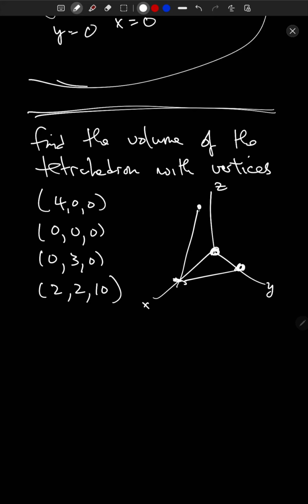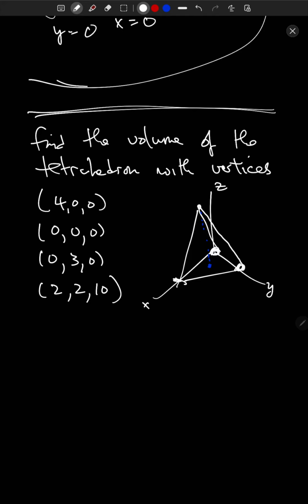So we've got a tetrahedron that looks something like this. Okay, so we want to find the volume of this. This vertex lives above there, like that. If we want to find the volume of this, we can see that this one is going to be quite complicated because